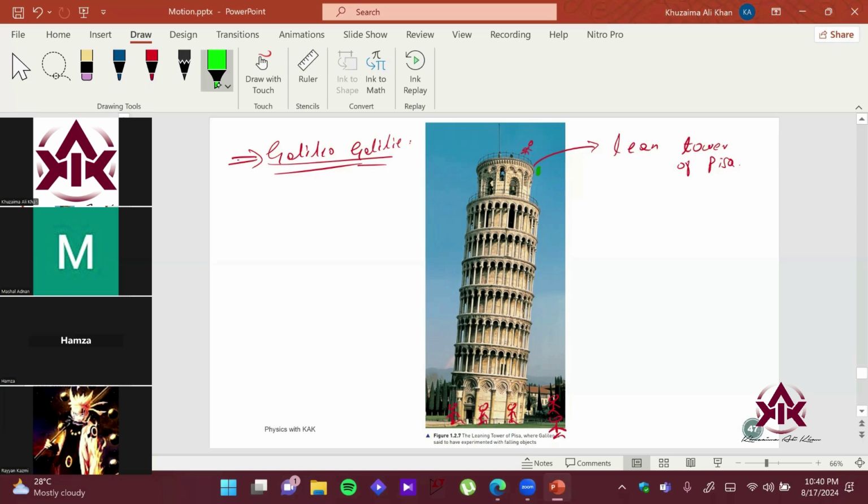Let me choose another color. He chose basically two cannonballs. One was a small cannonball, and one was a huge cannonball, right? He dropped them at the same time. This is cannonball 1, C1, this is cannonball 2, C2, right? Let me ask the question to the audience,